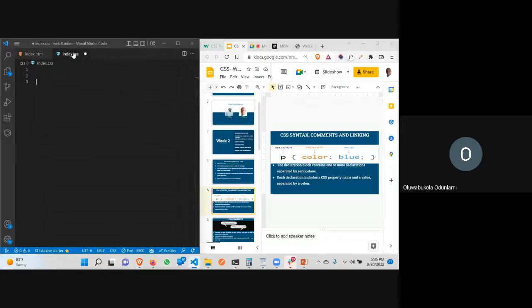Now, just one thing. So that means all headings are block elements? That's not always true. You can say that most headings are block level elements. The reason why I say most,